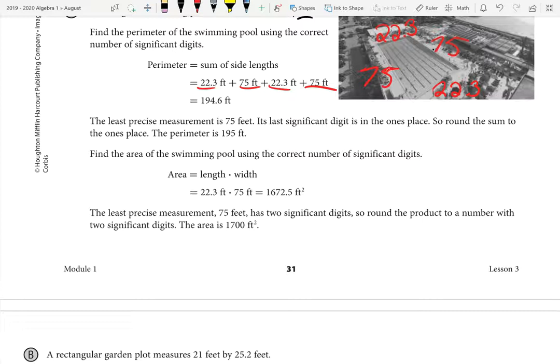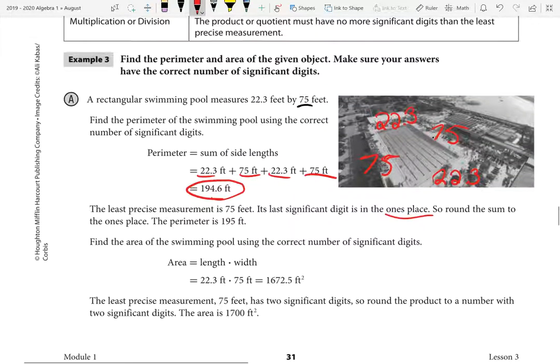The last significant digit is in the ones place. So round the sum to the ones place. The perimeter, our answer, is 194.6. That's what we really have as an answer, but because we're using significant digits,